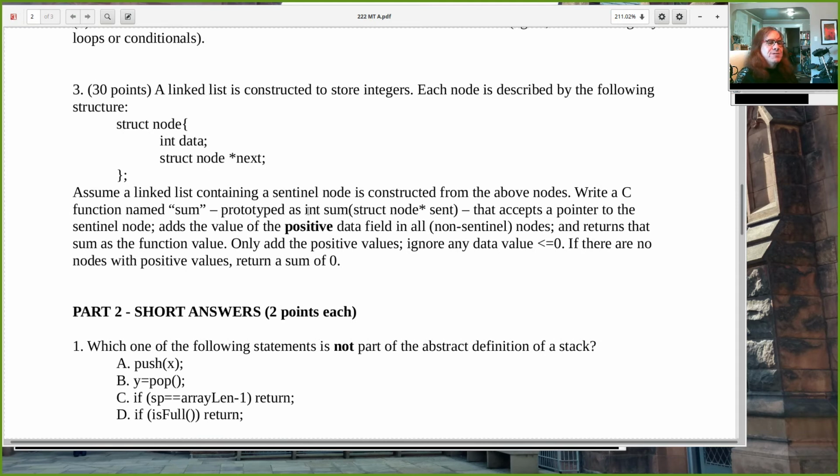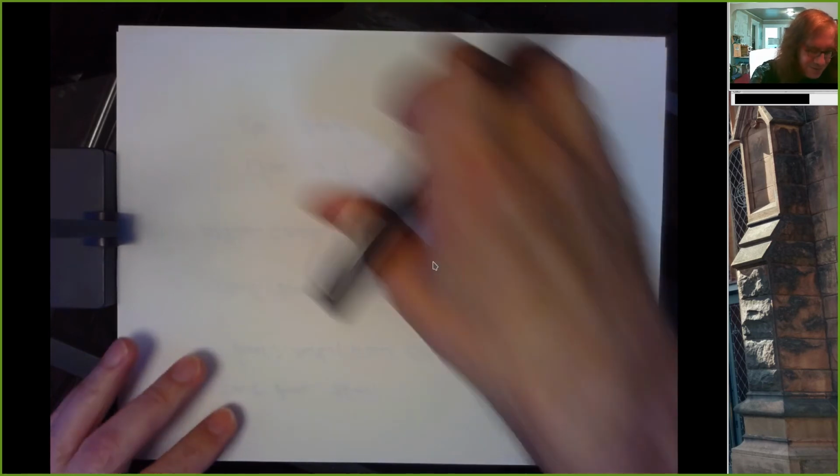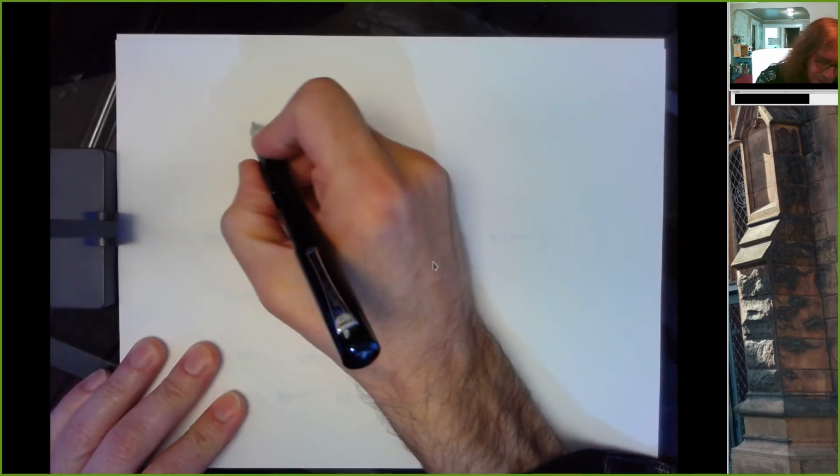Alright, a linked list constructed to store integers. Each node is described. Assume it contains a sentinel. Write a function named sum that takes a pointer to a sentinel, goes through and adds all the positive data fields, and returns that sum. So this is your straightforward list traversal, and the easiest way to do this, and about half the class did this,